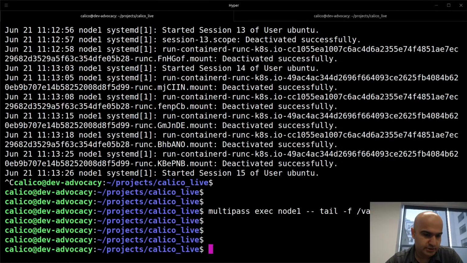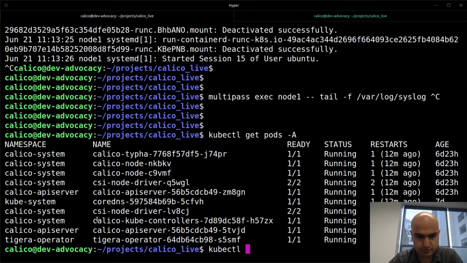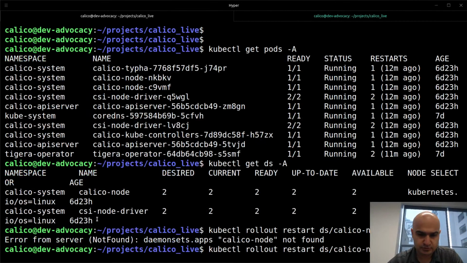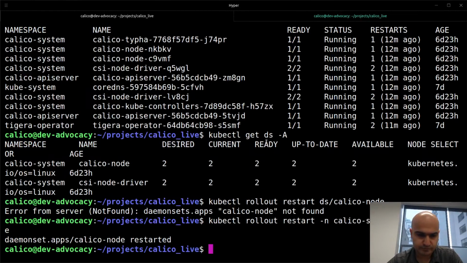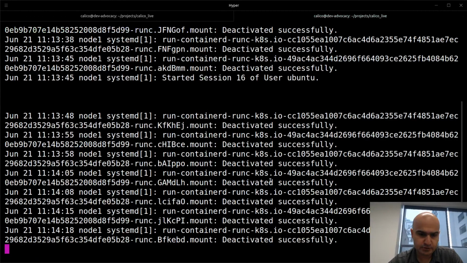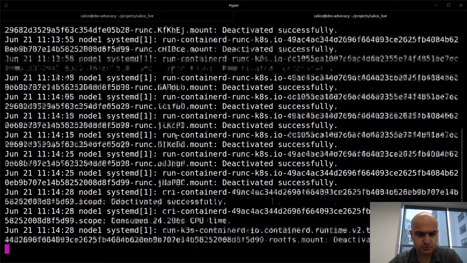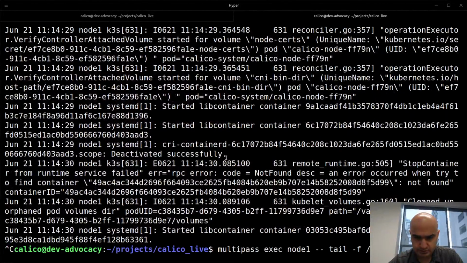All right, so coming back to our adventure, now let's go ahead and restart something. So in my daemon sets, restart. Let's go Calico node, see what happens. It needs to be in Calico system. All right. So a bunch of things happen. At some point,